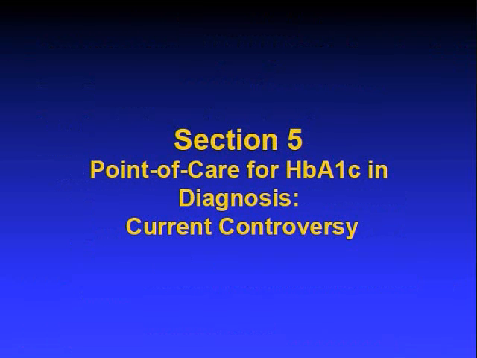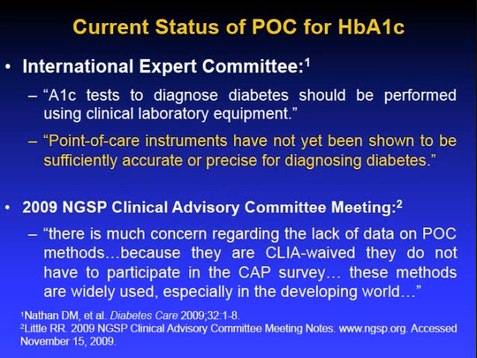This leads us into Section 5. Point of care for hemoglobin A1c and diagnosis, the current controversy. Currently, there is much concern regarding the use of point of care for A1c for the diagnosis of diabetes. The International Expert Committee noted in their recommendations that A1c tests to diagnose diabetes should be performed using clinical laboratory equipment, and that point-of-care instruments have not yet been shown to be sufficiently accurate or precise